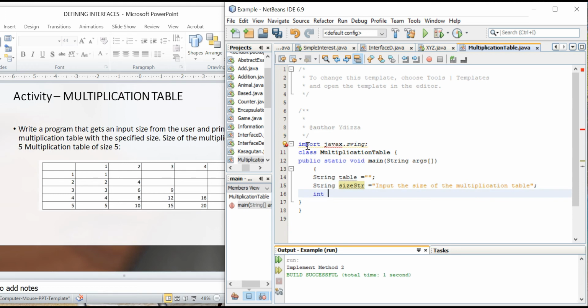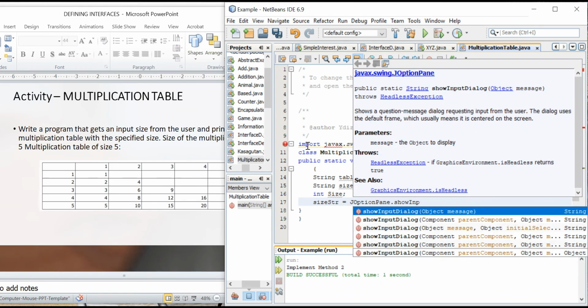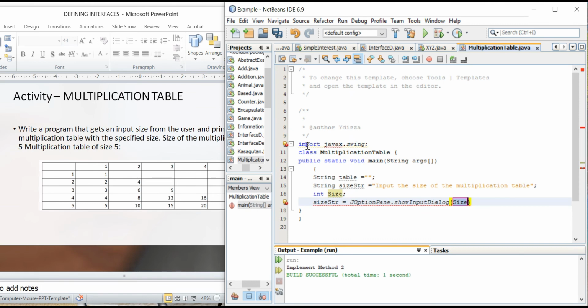After that, we will be declaring the size. And then size, I will call JOptionPane.showInputDialog(null, size). So I just called it, and then